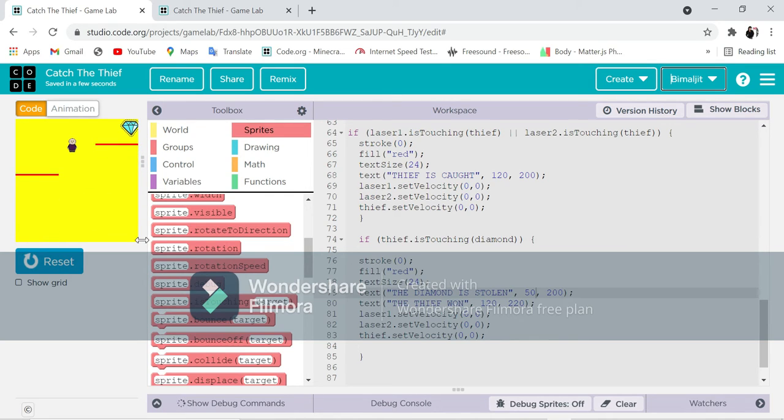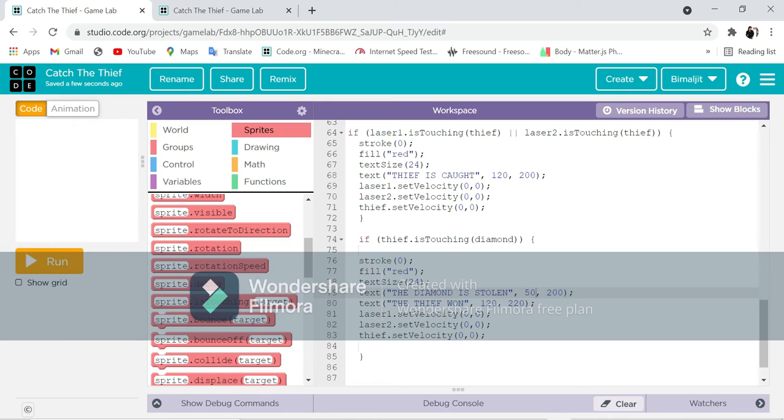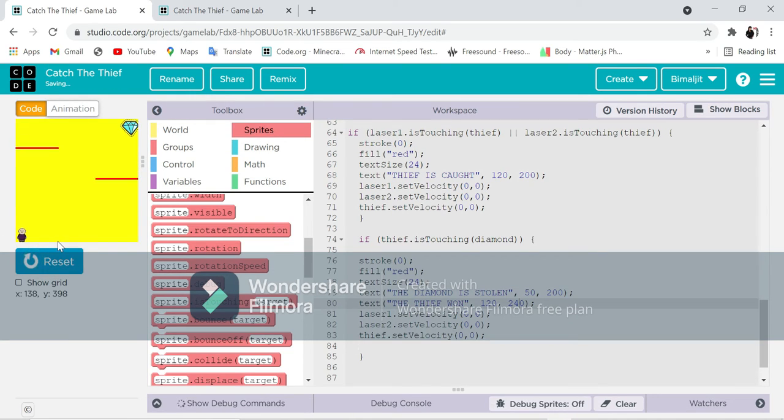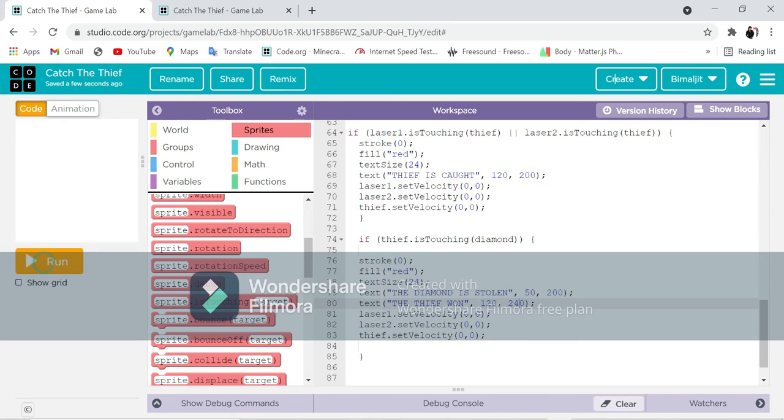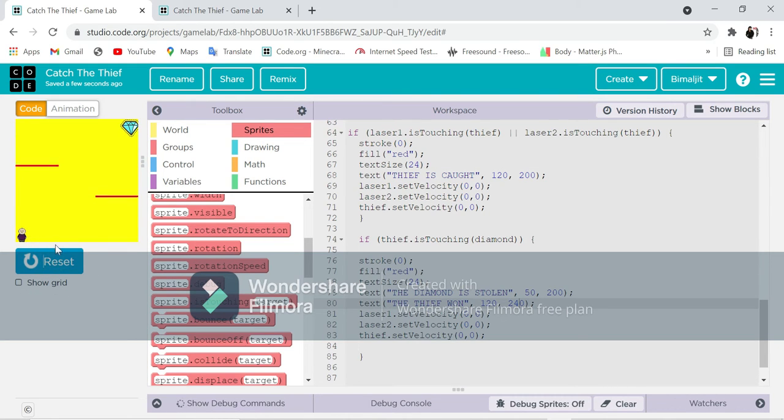So this coding is all about experimenting with your ideas, if you are having any ideas. See, it is coming, but still the gap is less, so let's give it 240, so that the gap is proper. Yes, so now as our game is completed, just two things are left: we have to write Natwalal over here and diamond over there.